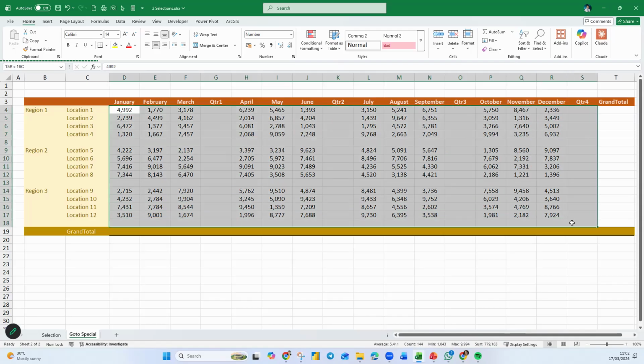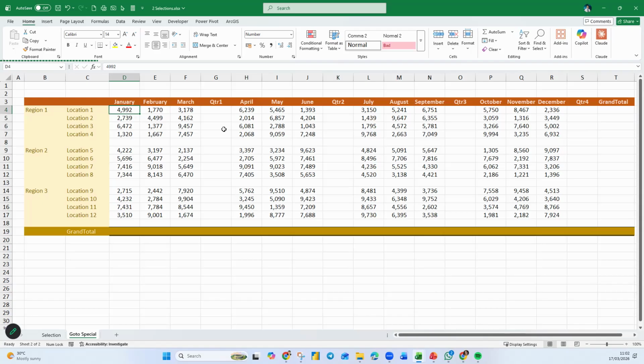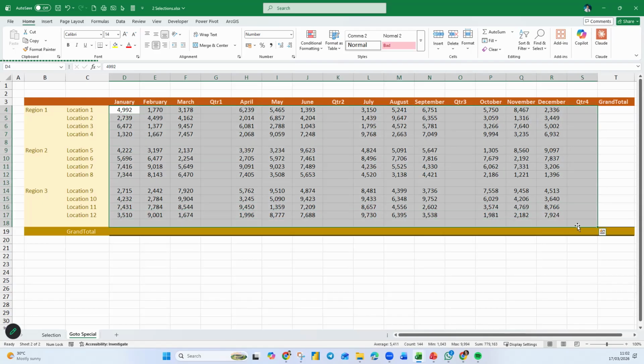So let's highlight this. Starting from D4 all the way to S18. So I'm going to stop here for a while. Let me know if you are already at this stage. Okay, Ashari, yes.